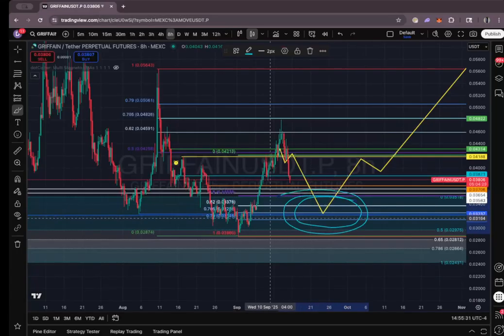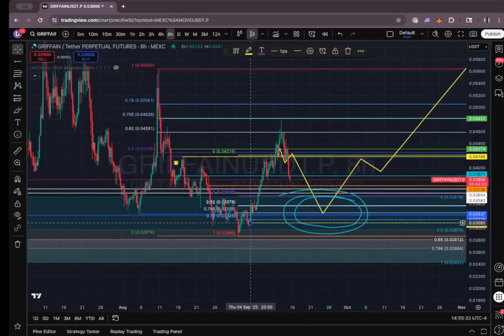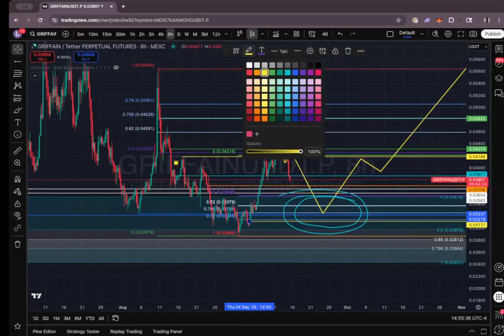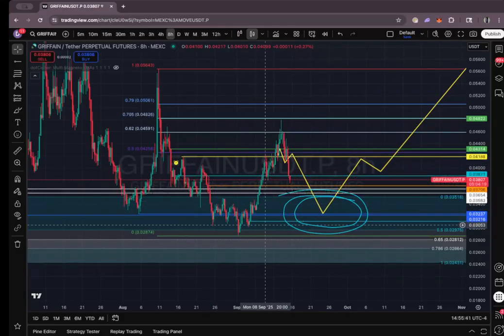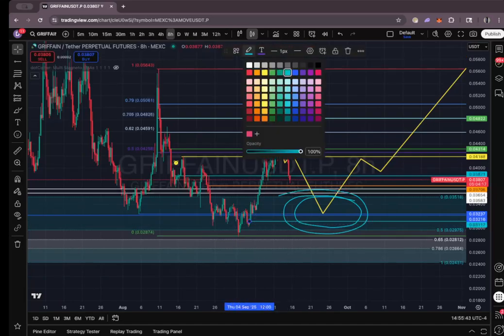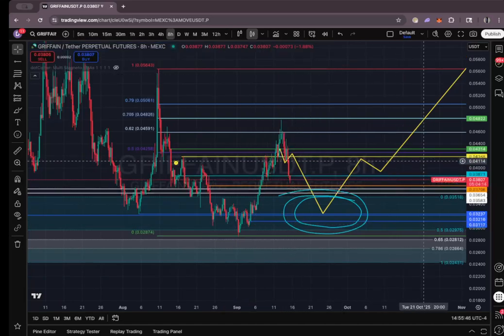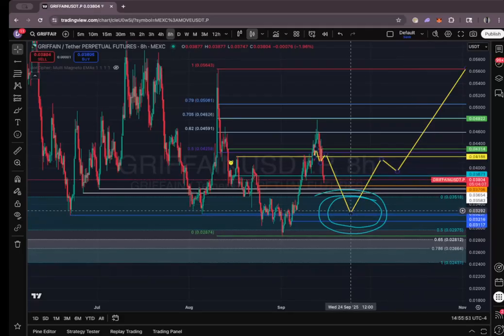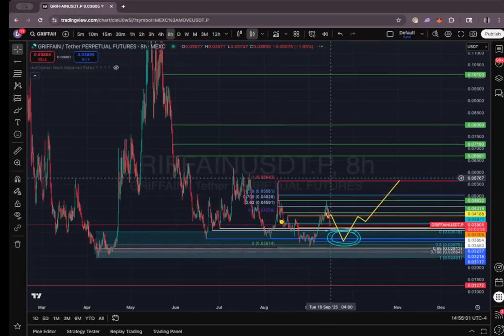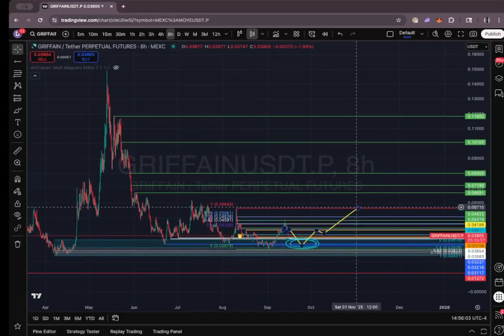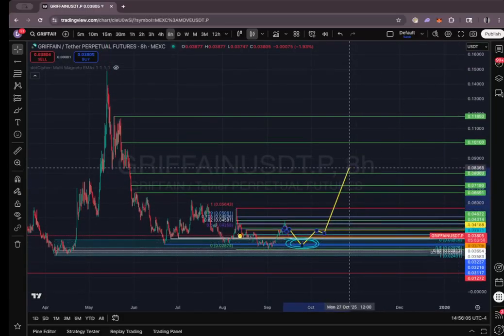0.033. If I were to do limits, I would probably do limits around the blue levels down there. So I'll clear this up a little, right? Something like that. Teal, maybe blue. Basically between 0.32 and 0.31. I want to see it bounce. I want to see a wick, and then I want to see it bounce, and then make closures back above. And if it does, then I will take the long, because the next range brings us above 8.